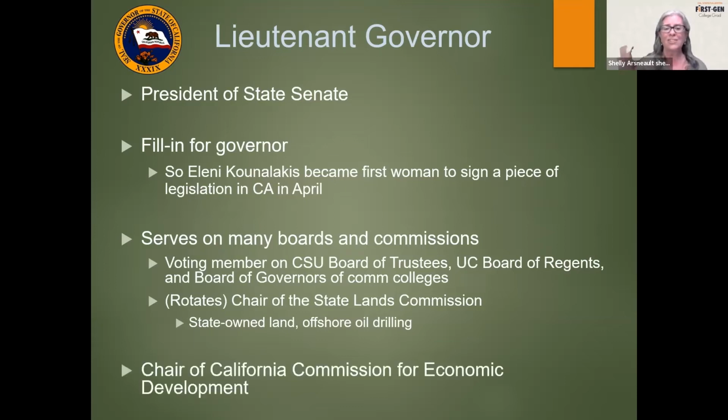Another of the boards, I just kind of looked, it's literally dozens and dozens of boards that the lieutenant governor serves on. And so also lieutenant governor serves as a chair of the California Commission for Economic Development. I thought this is probably one of those that a lot of people in our virtual audience would be interested in knowing about. So again, just a lot goes on in the state. I wish I had an org chart of the state government, and it's quite enormous, so I couldn't put it on. It wouldn't fit on my PowerPoint.